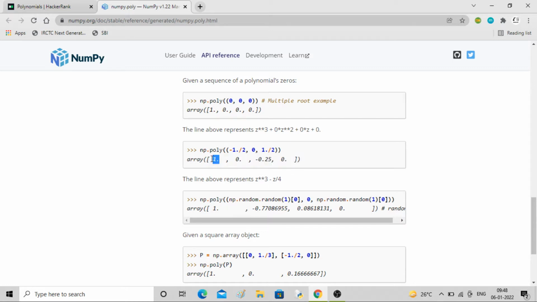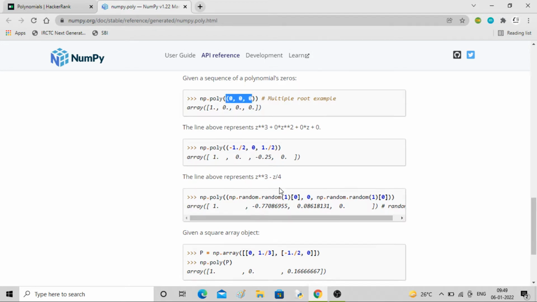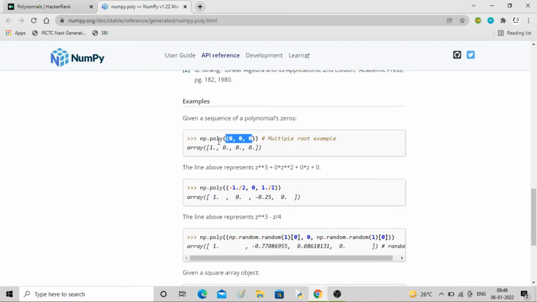Means you have one coefficient in z to the power 3, so 0 into z to the power 2 minus 0.25 z to the power 1 plus 0. So this will be the polynomial. Similarly here z to the power 3 will be the polynomial, 0 into z to the power 2 plus 0 into z to the power 1 plus 0. So it is basically constructing a polynomial for you when you provide the roots of the polynomial.